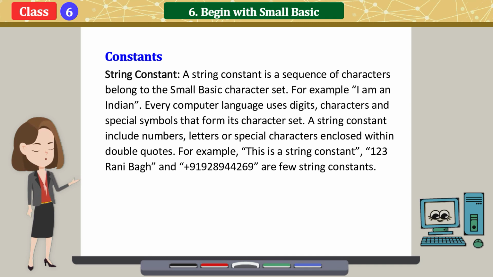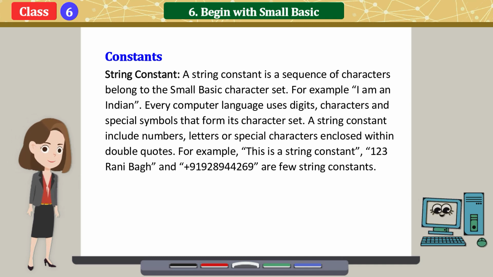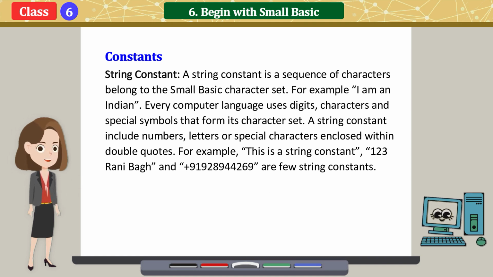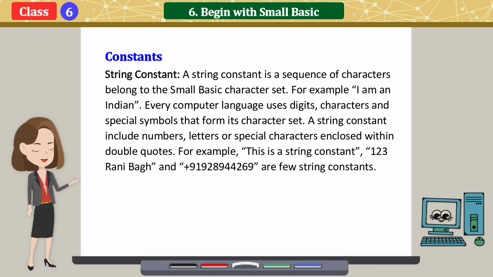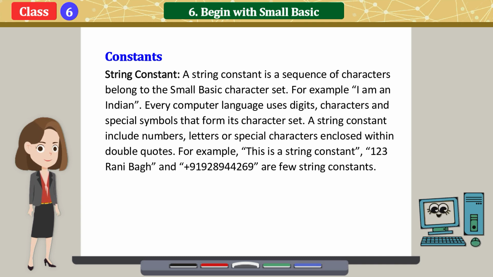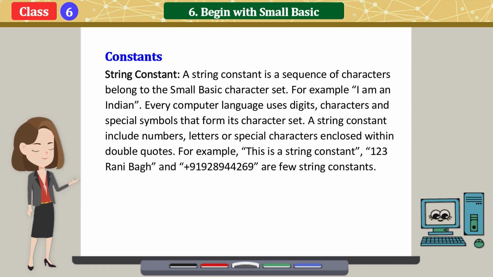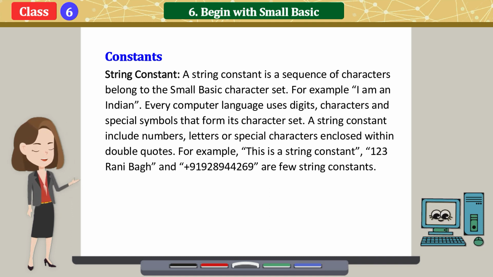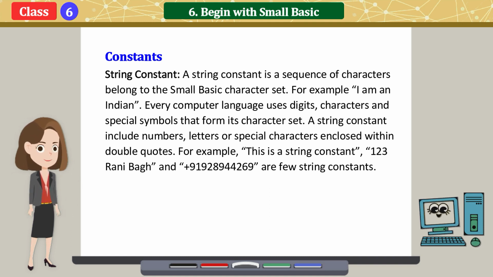String constant. A string constant is a sequence of characters belonging to the small basic character set. For example, "I am an Indian". Every computer language uses digits, characters and special symbols that form its character set. A string constant includes numbers, letters or special characters enclosed within double quotes. For example, "This is a string constant", "123 Rani Bagh" and "+91 94489 4269" are a few string